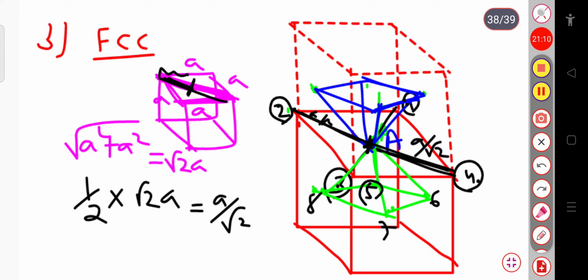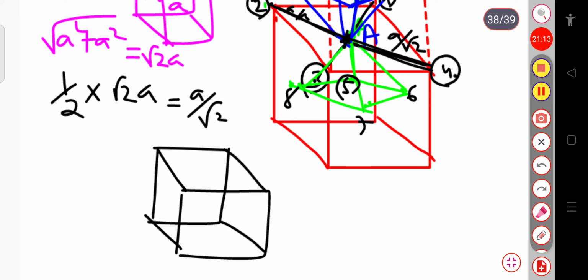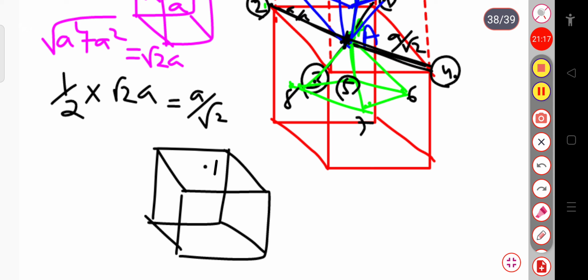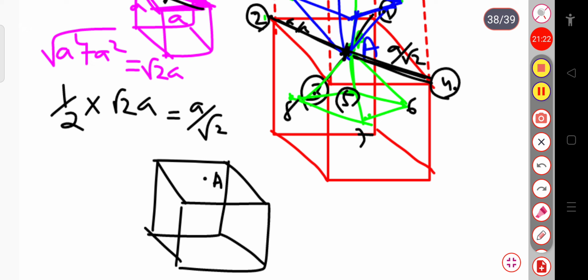Again, here I am representing a cube, and here you can see that my observation point is atom A. Now my other point is at this face, where the atom is present. Now I will calculate the distance between this point and this. Let me draw this line. This is the perpendicular, and it divides into two equal parts, and I will join this again. These are your perpendicular distances.